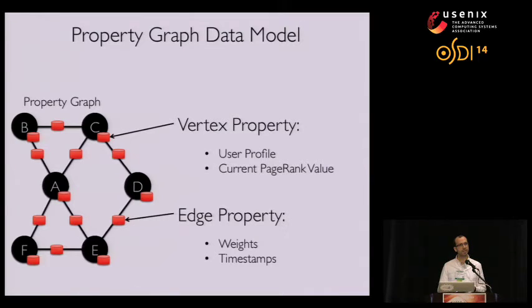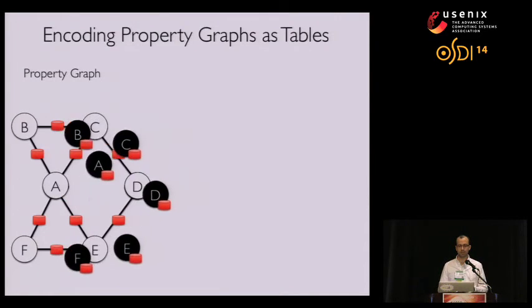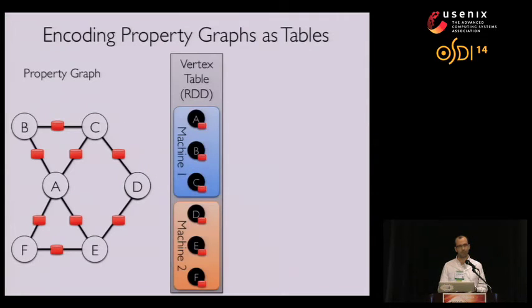You can think of these properties as the page rank of a page or the user's profile, and the edge properties correspond to weights or maybe timestamps for that relationship. Now we want to reinterpret this graph as a collection of tables so we can encode it in our dataflow framework. So the first thing we're going to do is actually pretty obvious. We're going to take the vertex properties and store them in a horizontally partitioned table. And so here I have a table which spans two machines, a logical representation of the collection of vertices partitioned